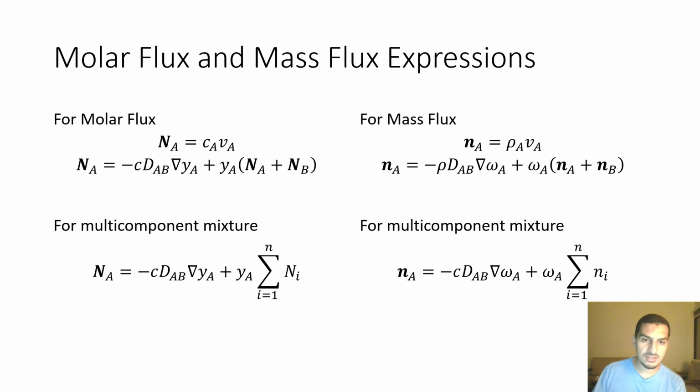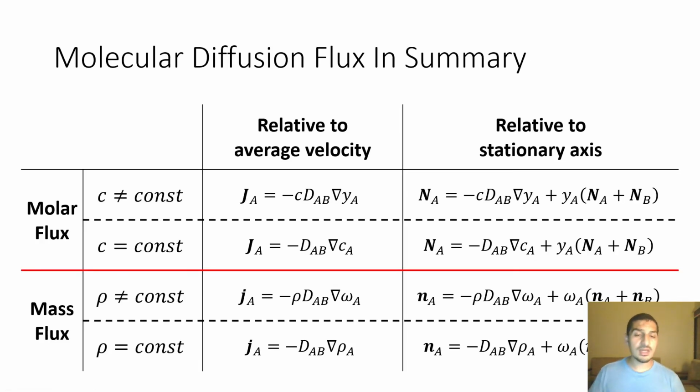They are exactly the same, only the symbols that we're using differ, and this is what we agreed on before. The uppercase letters are for moles, and lowercase letters are for mass. And we can apply this to any multi-component system, and in this case, instead of NA plus NB, it's going to be NA, NB, NC, and ND, and whatever the number of components that you have. So to summarize what we mentioned, this is a very important table, because it tells a lot and